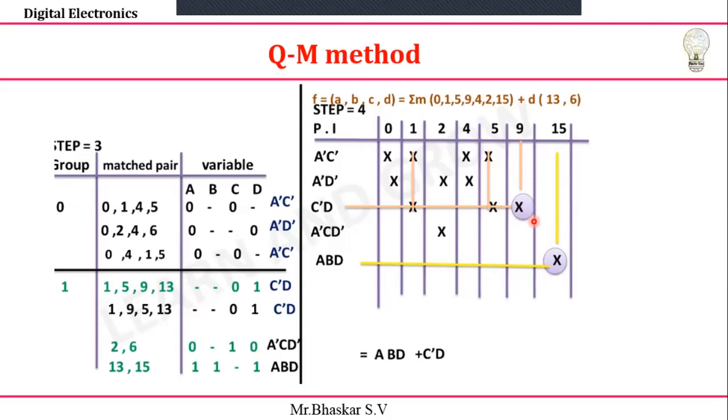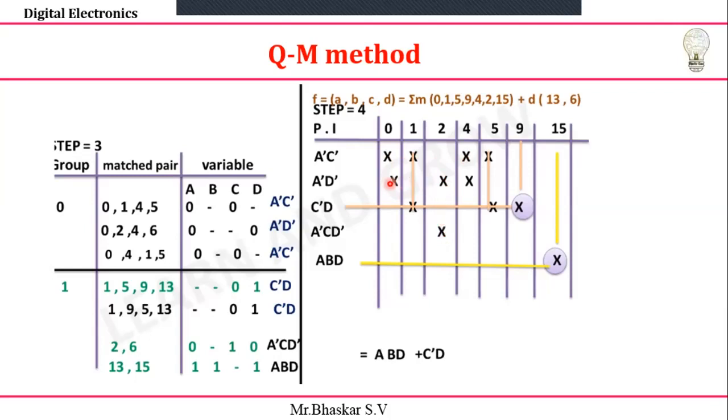Okay. Once the ones are covered, next we go for the 2s. Here 2 is there, here also 2 is there, and here also. While choosing a prime implicant, we look for the one that covers the maximum minterms. For example, if I take this cross, these two it will take, and this one it will take, but these two will not be taken. So 2 it will not cover. That is our problem. If I take this one, 0 and 4 it will cover, and this one it will automatically cover, but this one will not cover.